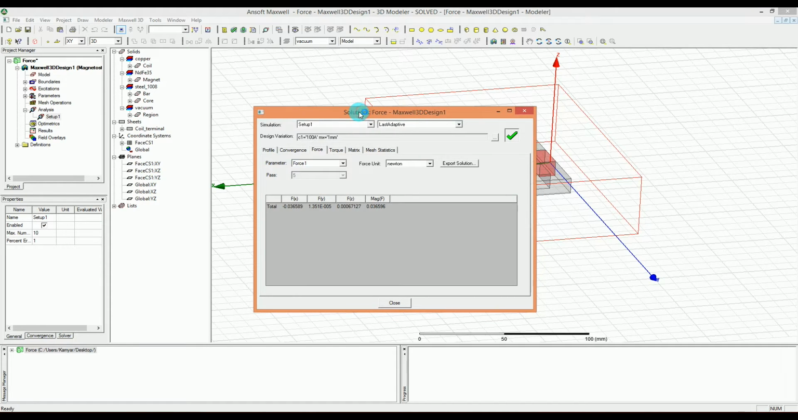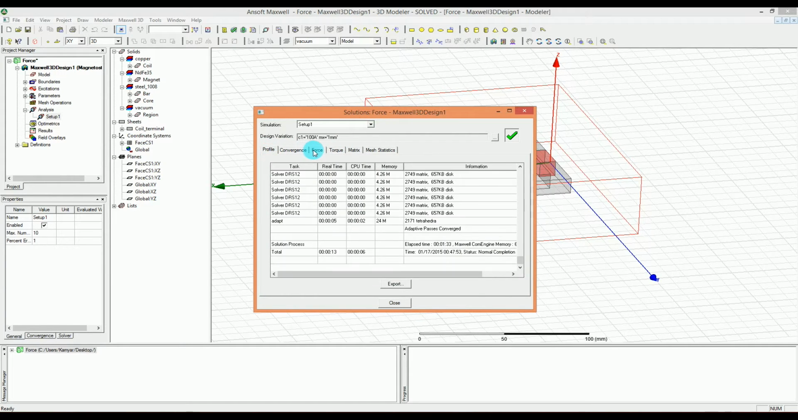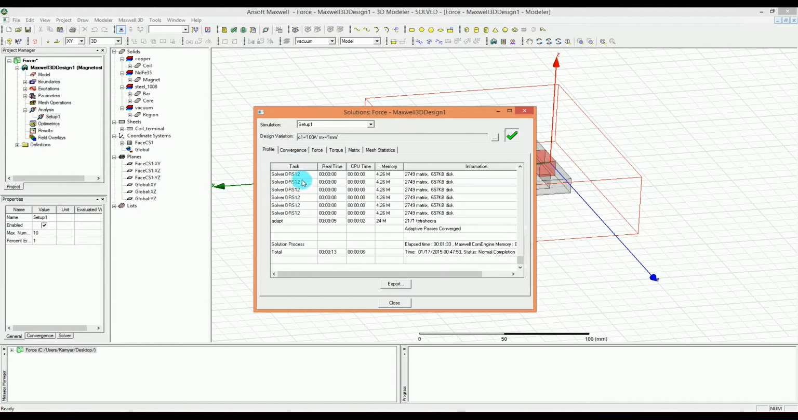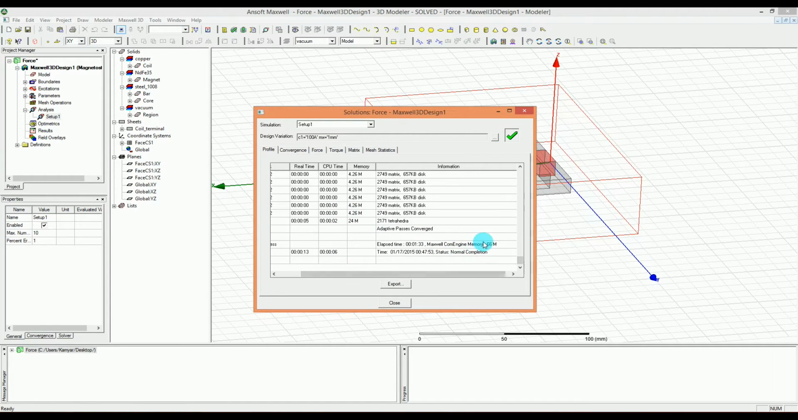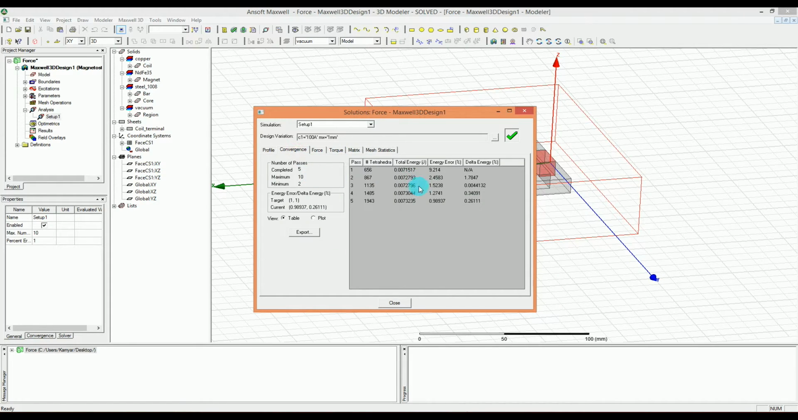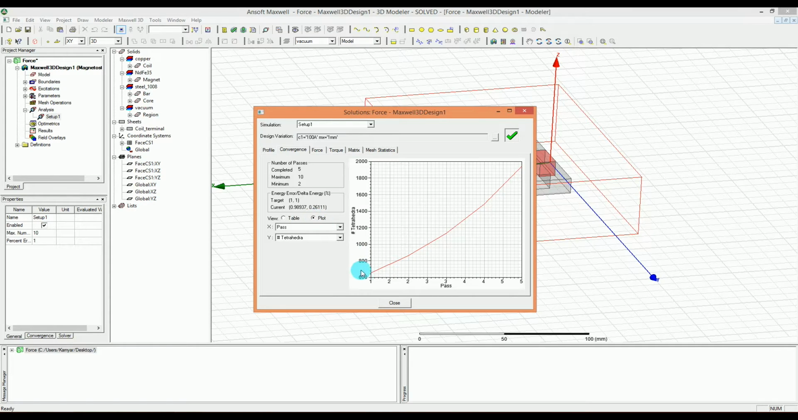So when you click on that, you can get some information about what kind of convergence you had. Right now I'm on force. Let me show you first. It was on force at the beginning, but I'm gonna go and show you the profile. This is the profile of how much time it takes, how many matrices we have, how much memory it used. Here we have 66 megabytes of memory, and we have also convergence. The type of the view right now here is table by default. You can just make it plot, and you can see how it